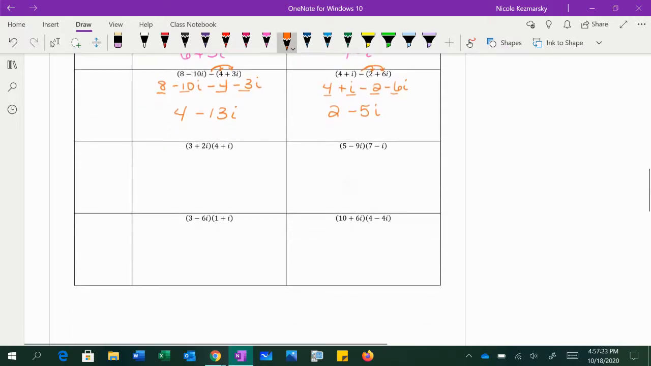For the next 4, we're multiplying two binomials together. They have 2 terms in each of them. So there's 2 terms in the first set of parentheses and 2 terms in the second set of parentheses. So we have to make sure each term in the first set of parentheses gets multiplied by each term in the second set of parentheses. To do this, I have a little bit of a graphic organizer. So for the first one, I'm going to draw myself a box